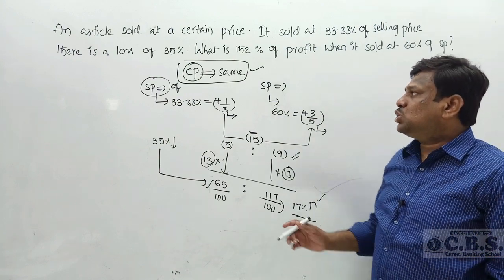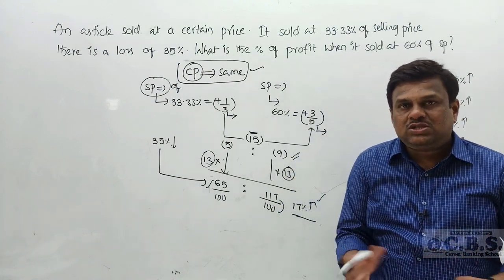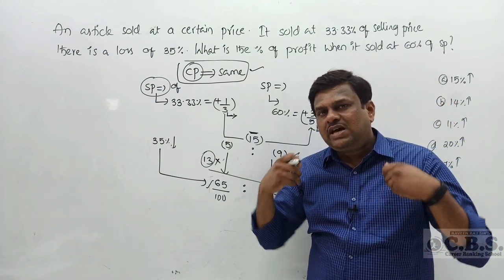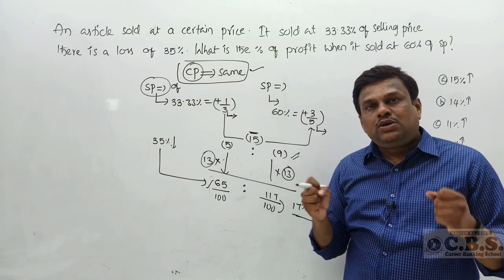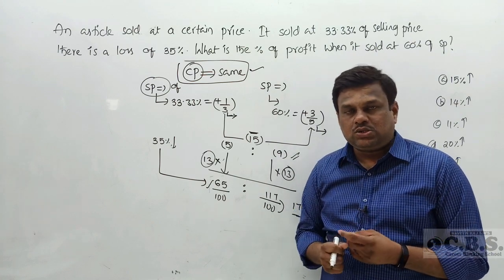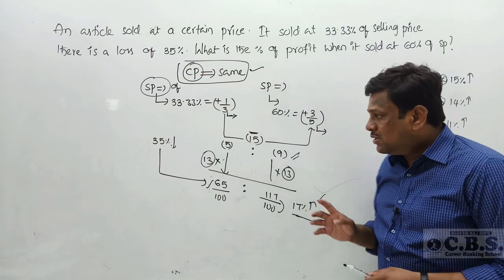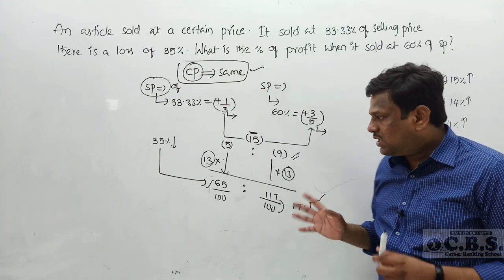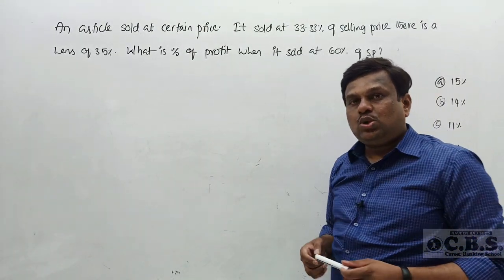Why do I use the ratio concept? Because here a comparison happened. Nothing but what? Modification means what? Comparison. Modification indirectly means comparison. When the comparison word arises, students try to use 3 concepts: percentage concept, fraction concept, and ratio concept also. So this is a basic conceptual learning method. Okay, so I hope you understand this totally, the ratio concept. You can answer this question with the help of the ratio concept.